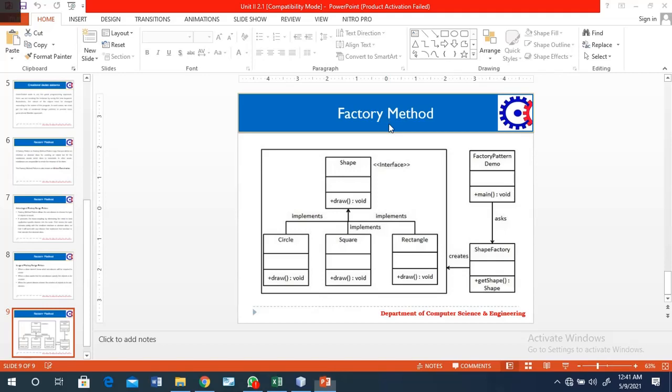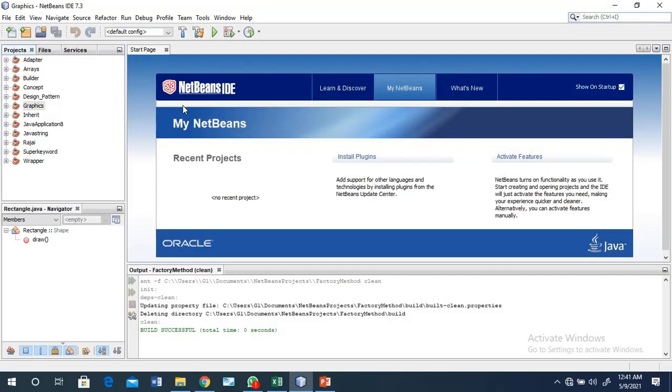First, open your IDE, the integrated development environment. I have NetBeans IDE 7.3, and I implement the logic through NetBeans.